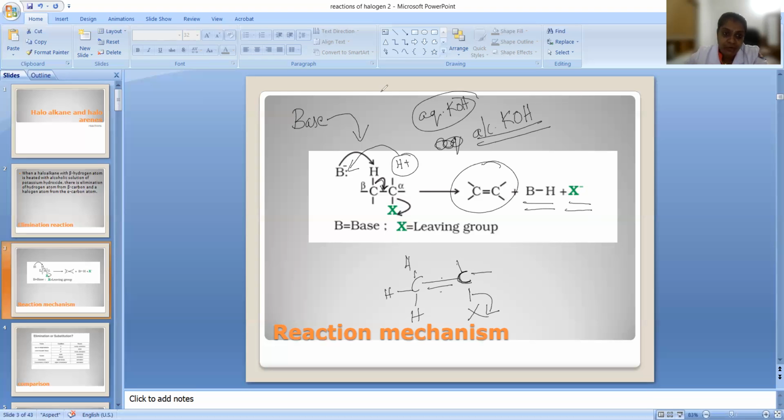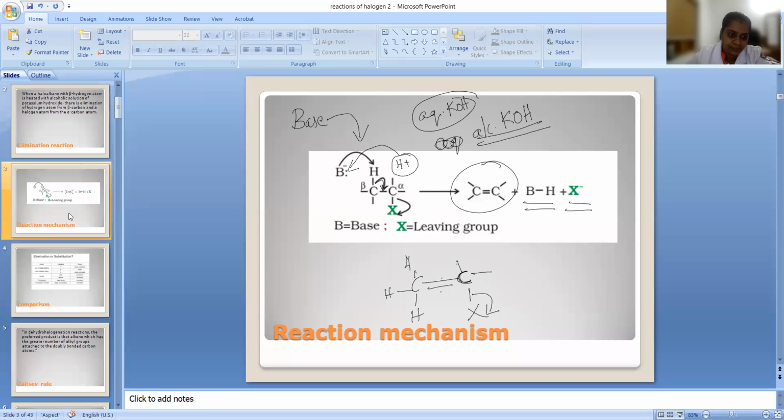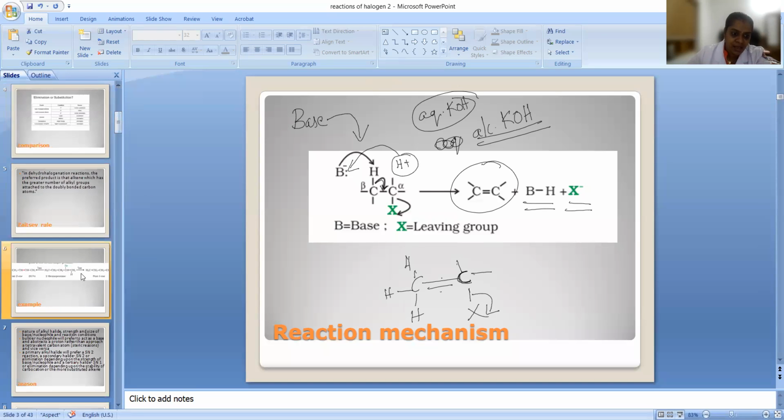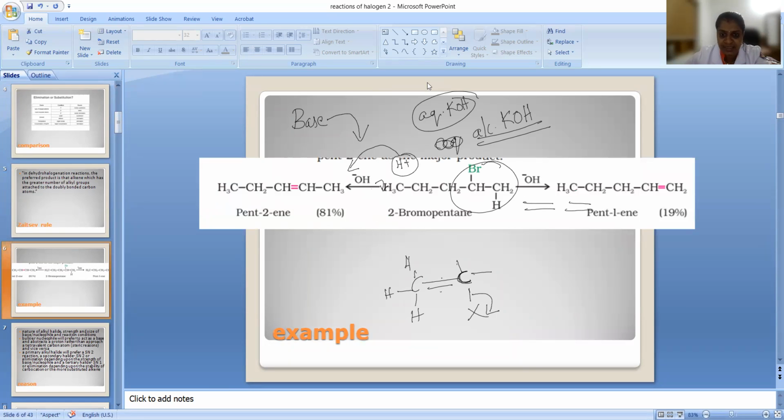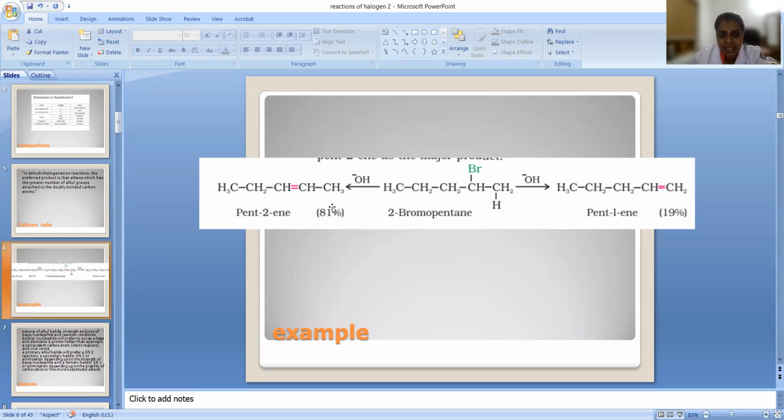But now, think about a case where you have two beta hydrogen atoms. Let us see this case. In this particular case, this is our alpha carbon and this is our beta carbon, and upon each beta carbon there is a beta hydrogen. So you have two beta hydrogens, and two possibilities are there. The hydrogen present in this place can shift to form the double bond and this Br minus can leave. And you can get a double bond at the 1, 2 position, right? So this is one possibility.